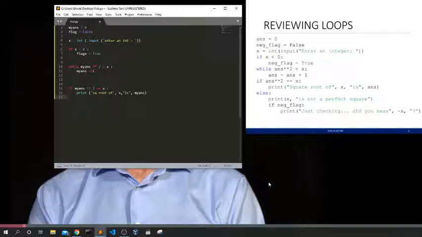Else, so we have else here, print x is not a perfect square.